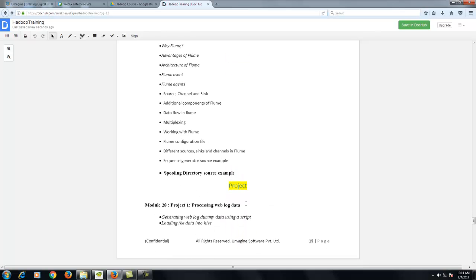We have the last two modules on the project, where we'll talk specifically about use cases. We have a use case on data processing of a weblog file through Pig. We have another use case where you analyze the sentiments of users coming from Twitter, right? So this is what we would like to cover as part of our curriculum and the course.